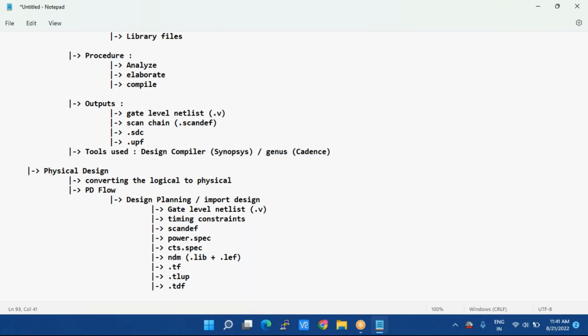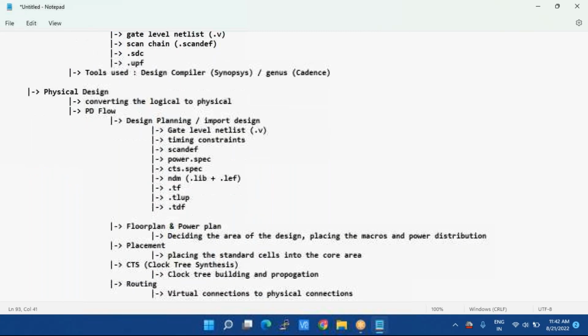Okay, so gate level netlist, timing constraints, SCANDEF, power spec, CTS spec, NDM, that means your libraries, technology file, TLU+, and your TDF. So these are some of the inputs required for your physical design to be started. So once you have loaded all the inputs into your tool, we will be having